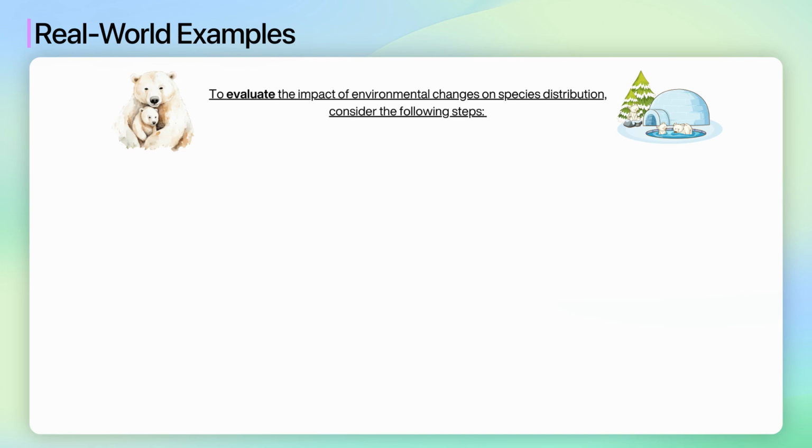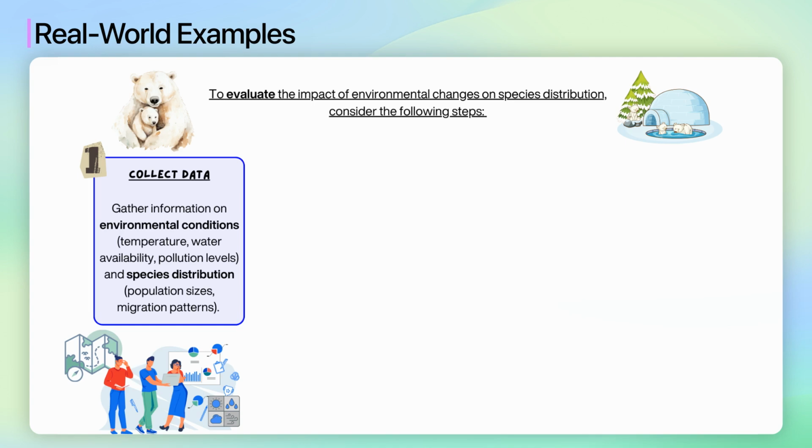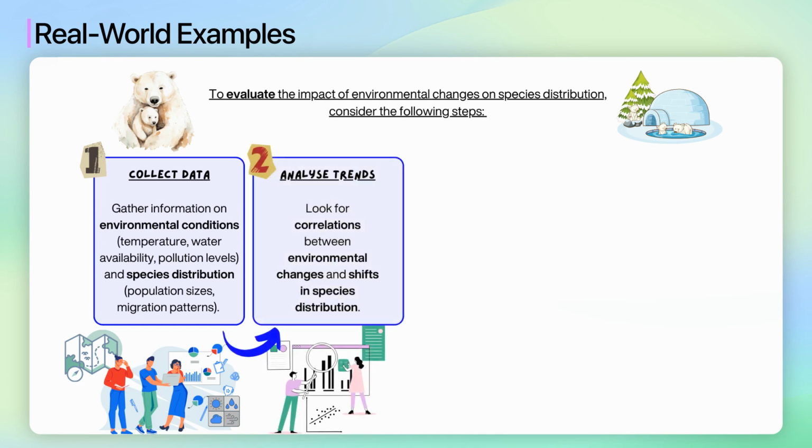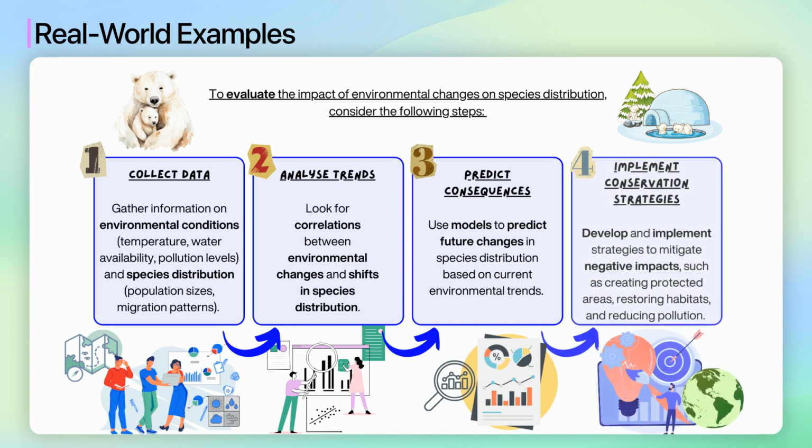To evaluate the impact of environmental changes on species distribution, consider the following steps. Collect data. Gather information on environmental conditions, temperature, water availability, pollution levels, and species distribution, population sizes, migration patterns. Analyze trends. Look for correlations between environmental changes and shifts in species distribution. Predict consequences. Use models to predict future changes in species distribution based on current environmental trends. Implement conservation strategies. Develop and implement strategies to mitigate negative impacts, such as creating protected areas, restoring habitats, and reducing